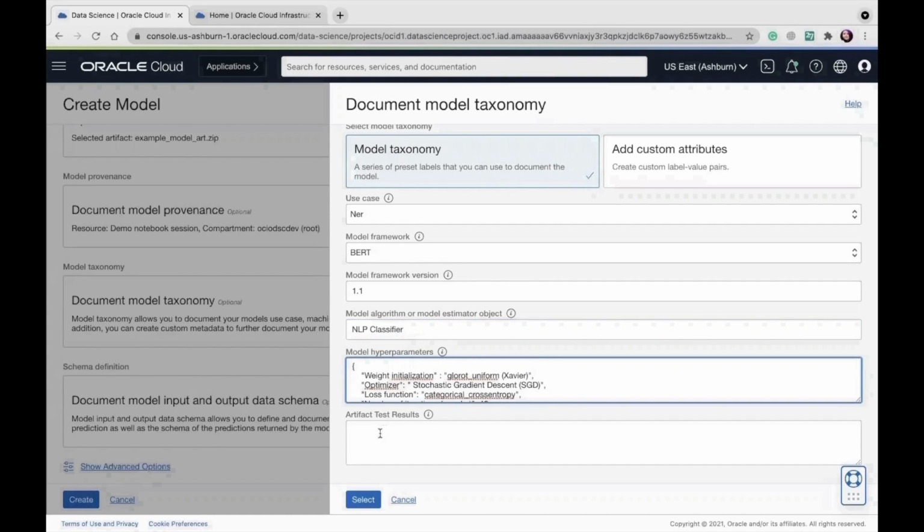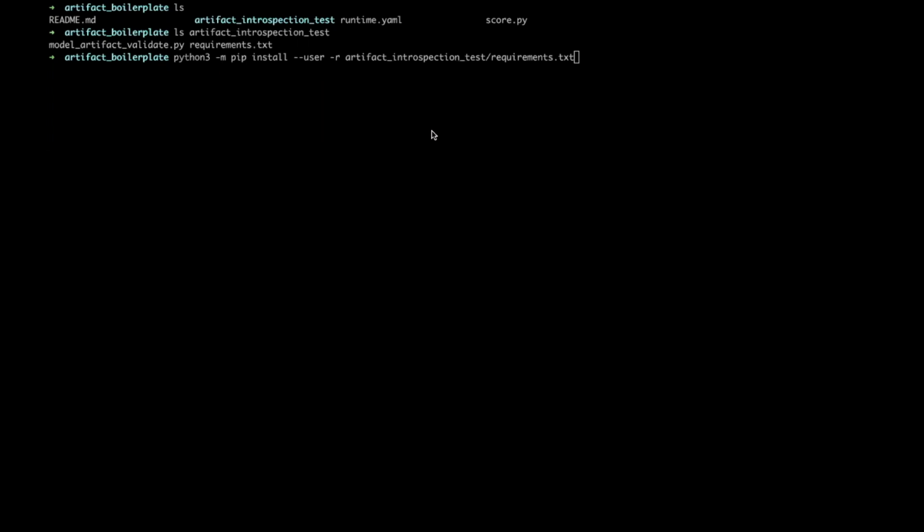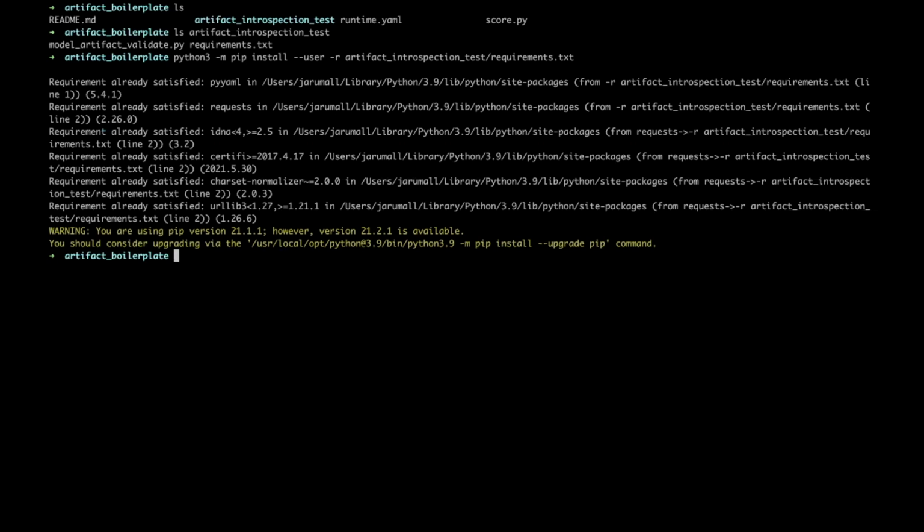Artifact test results. To run the test, Python version greater than 3.5 is required. Artifact introspection test has a Python script to validate the artifact and a requirements file to install necessary Python libraries. Run this pip install command to install the required libraries.